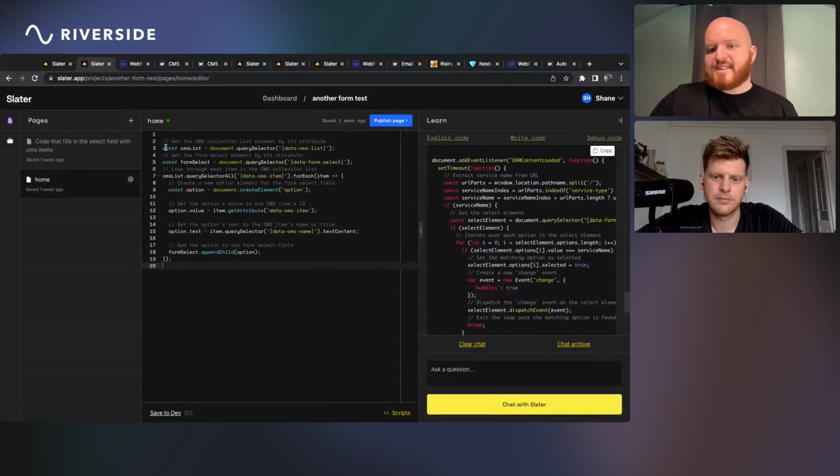Yeah, and even when I saw this, I was like, wow, this is such a simple way to put a CMS collection list into the select field. I know const now just means this is a constant, right? This is always going to be what it says it is. But basically you really just want to look for this. I believe it's always going to be in yellow. These are all attributes.